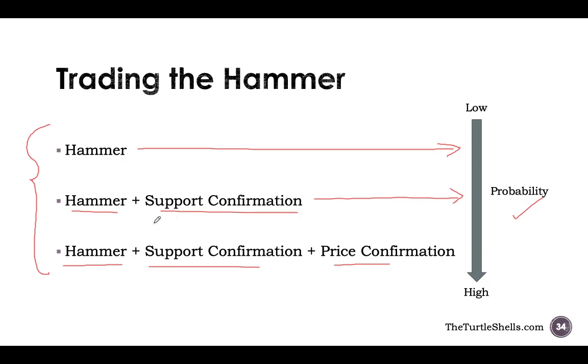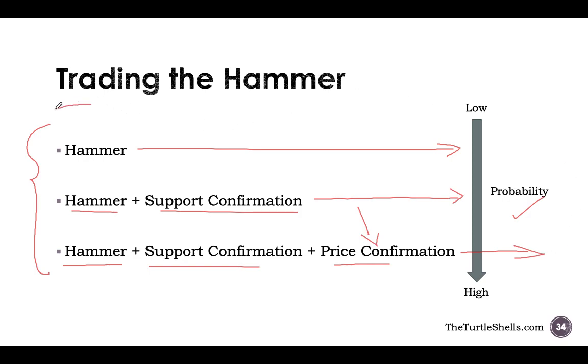A hammer which confirms prior support itself is a very good bullish sign. But then if you wait for one more candle for price confirmation, you are significantly increasing the probability that the trade will work out in your favor. However, that increased probability comes at a cost. What is the cost? The lower reward to risk ratio. Okay. So that's the basic way of how to trade the hammer,